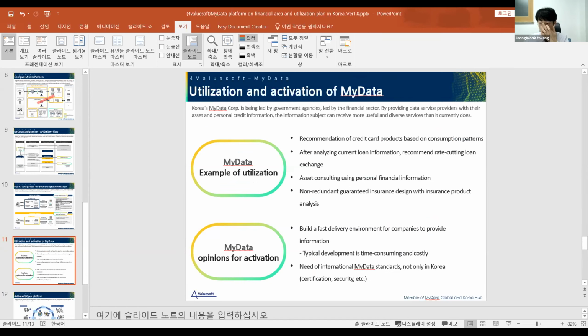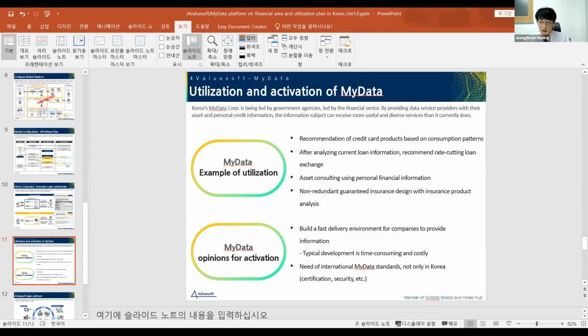So far, I briefly explained about Mydata in Korea. It doesn't end with the provision and collection of personal information, but the effect can vary depending on how data is applied and to which service it is applied.